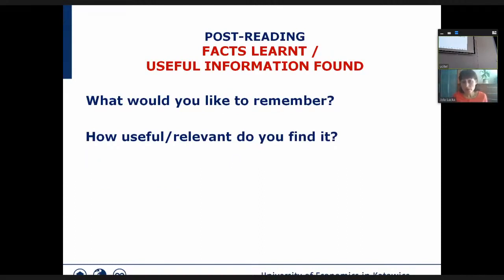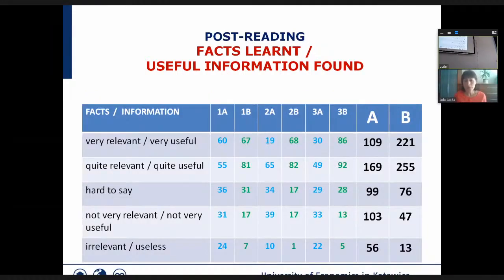So, the facts, the useful information stage. I asked the students to elicit one, two, or three pieces of information from each of the two texts and evaluate the information in terms of its usefulness. So what would you like to remember from the text? How useful and how relevant do you find the facts or the pieces of information which you found in both texts? As you can see, the information that students perceived as relevant, useful, or very relevant, very useful prevails in text B, in the internet-based